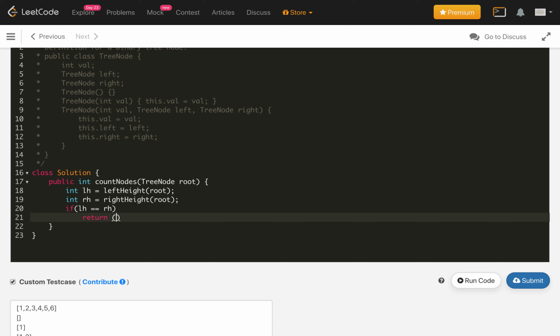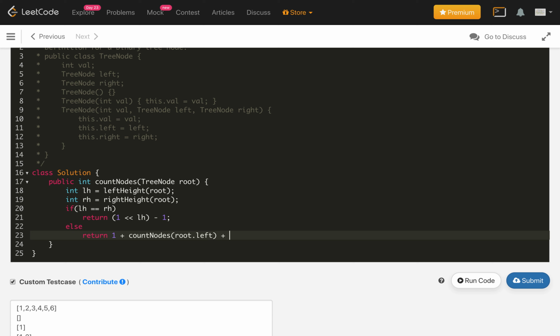For calculating the power we will use the left shift operator here, 1 shifted left LH times, minus 1. Otherwise we will return 1 plus count nodes from the root dot left subtree plus count nodes from the root dot right subtree.